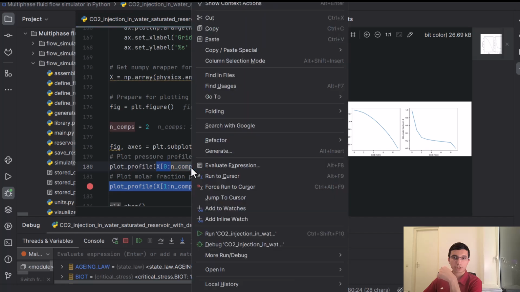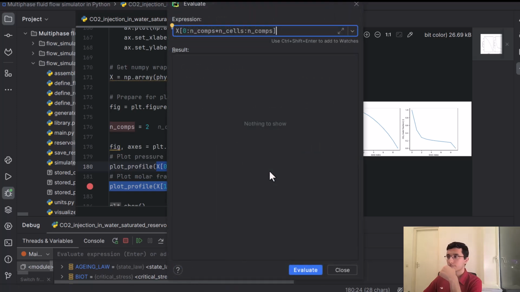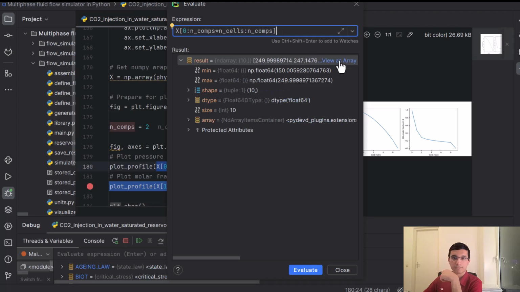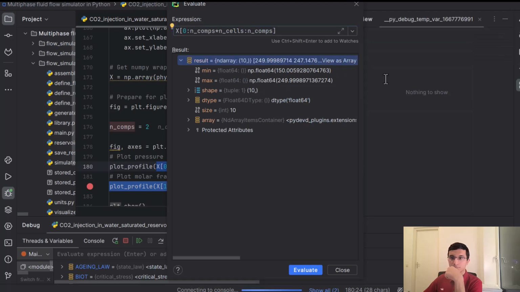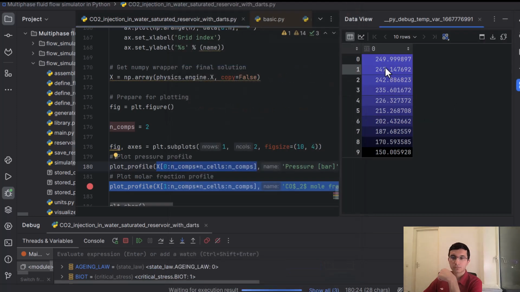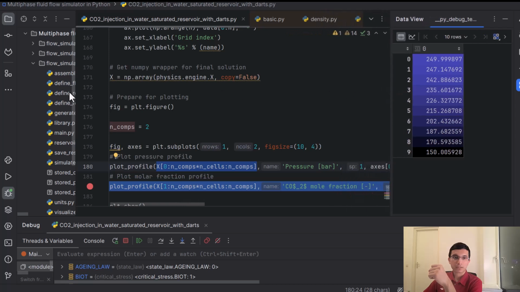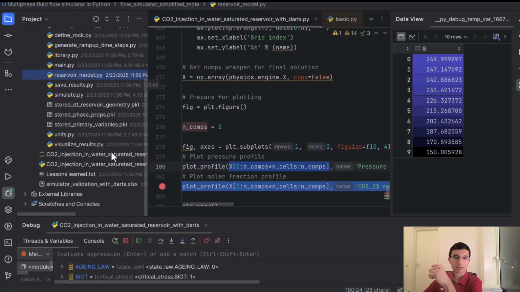This is the pressure profile at the end of the simulation after 100 days. So let me see the values. So these are the values: 249, 150. So if you compare the result of this with the results of, for example, this simulator,